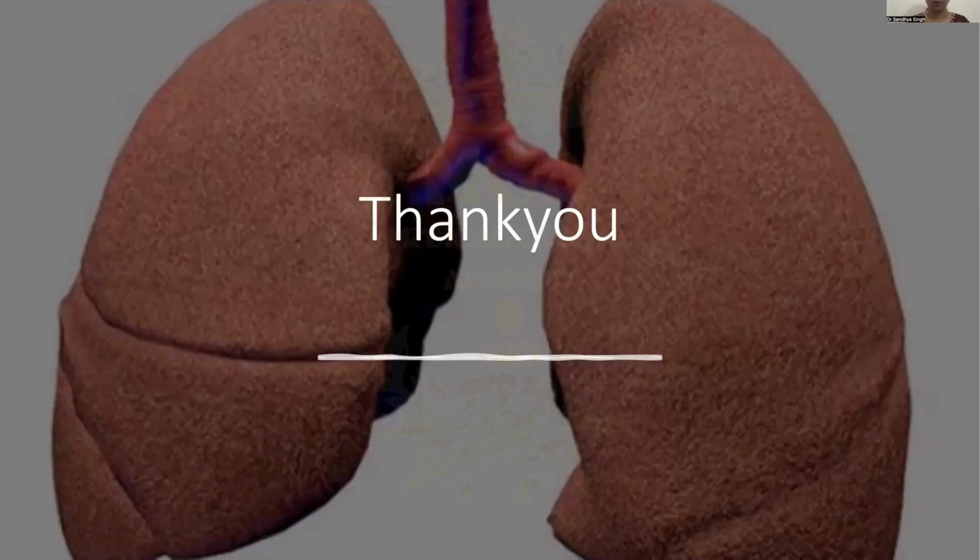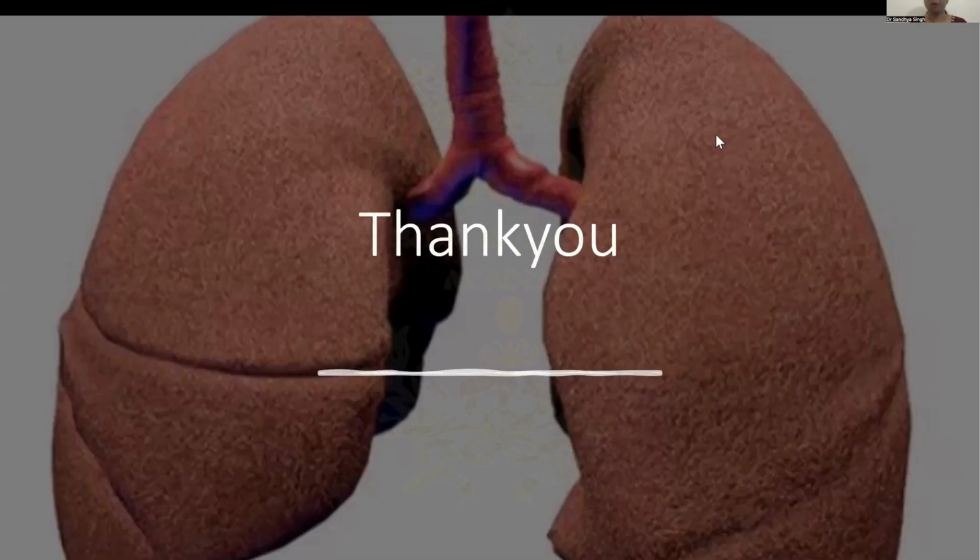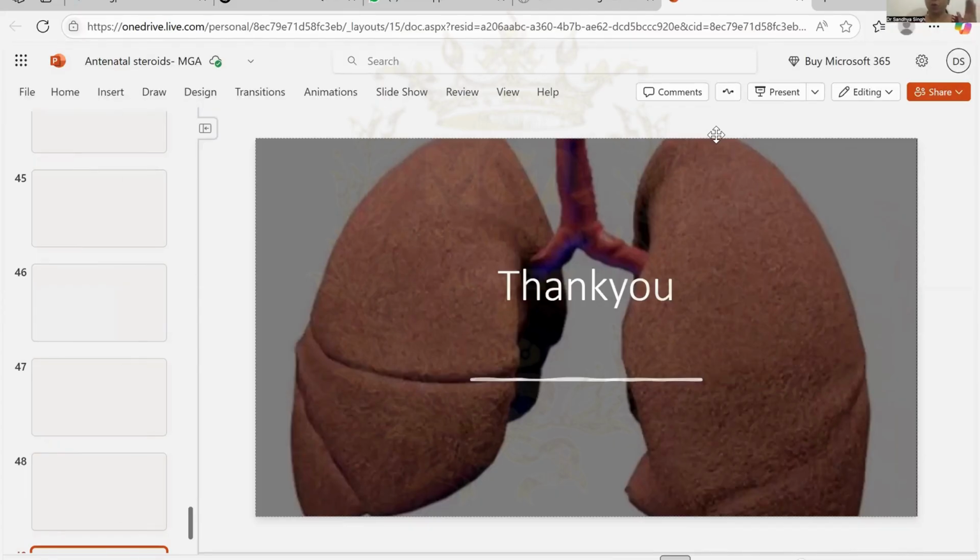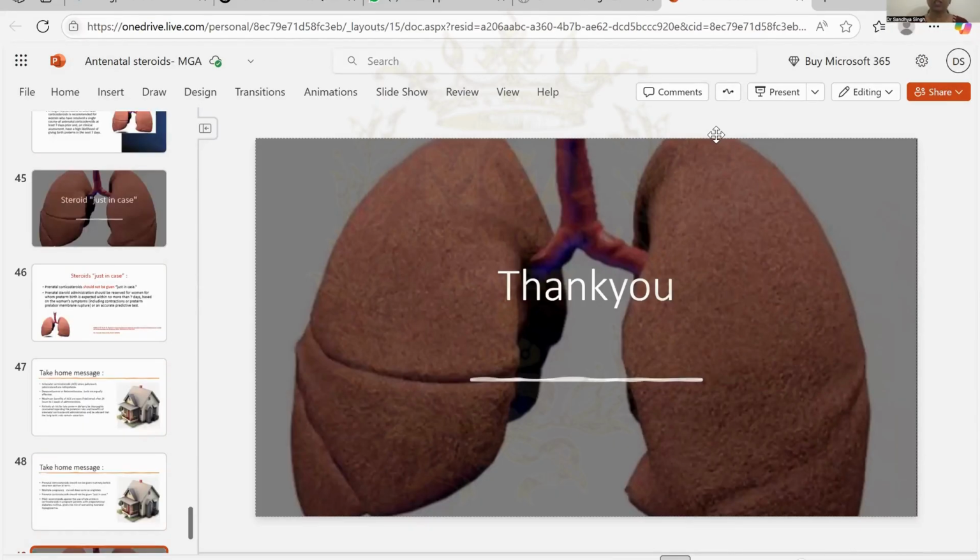Okay. So these were my slides. And this was all about steroid. Let me revise for you what we discussed. We discussed about the embryology. There are 5 stages of lung development: embryonic, pseudoglandular, canalicular, saccular, and alveolar. Okay. In this stage, how is the stage divided week-wise? Up to 4 to 6 weeks is embryonic. 6 to 16 is,